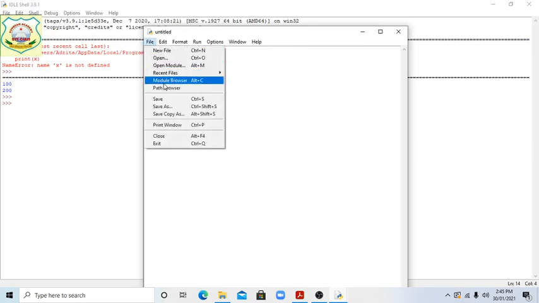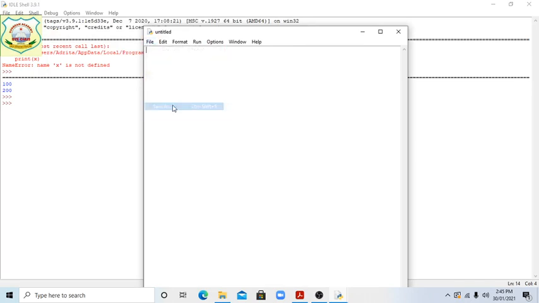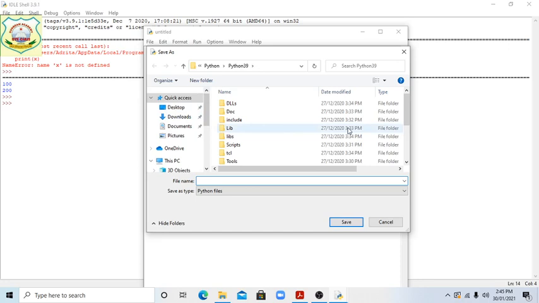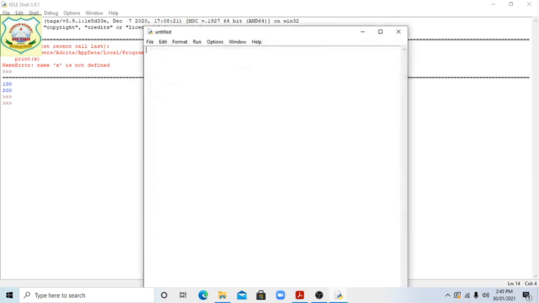File, then save. P1 we have already made, so P2 dot py. Okay, now see this. Now the file is set as p2, and here we are writing the first program. Suppose a equal 10, then b equal 20, c equal a plus b, students. Then print